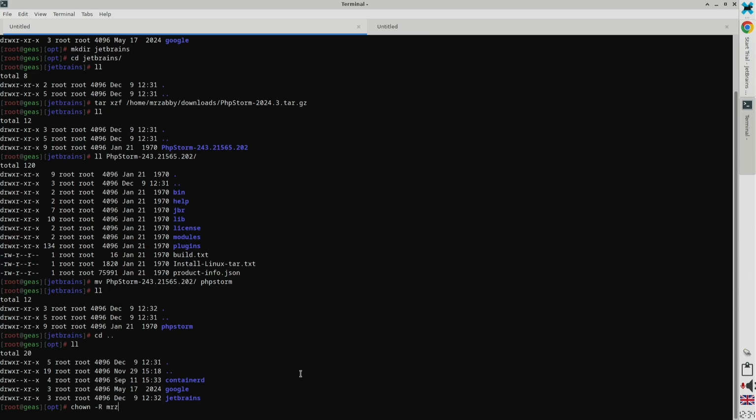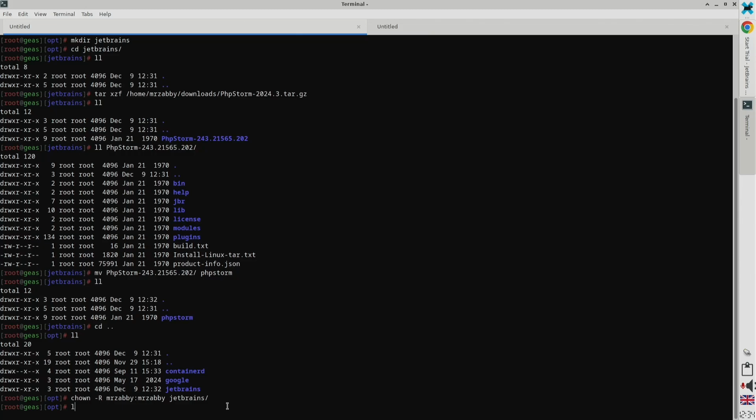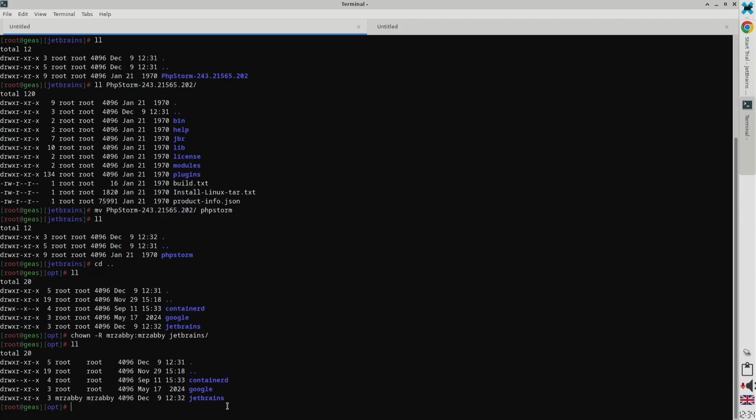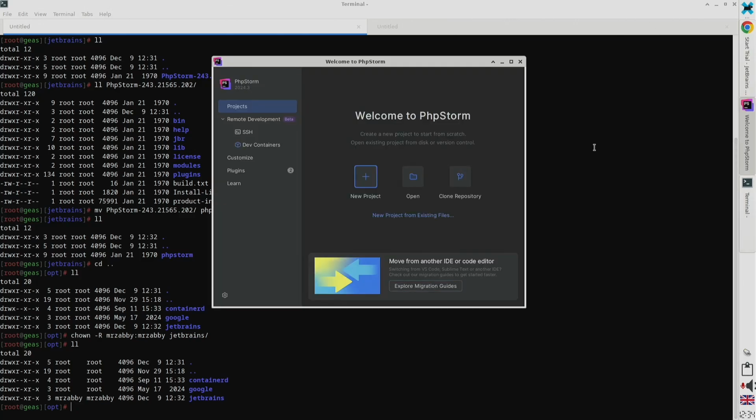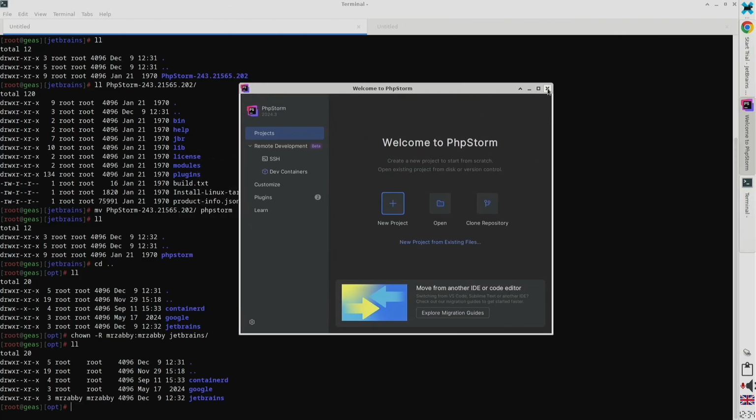for Mr. Zabi and Mr. Zabi again. So Mr. Zabi user and Mr. Zabi group, and yeah, folder JetBrains. Cool. Yeah, now it's better. Now it will work. The updates will work from the simple user. Cool. And just try again. Yeah, PhpStorm. So yeah, cool. Working. So yeah,